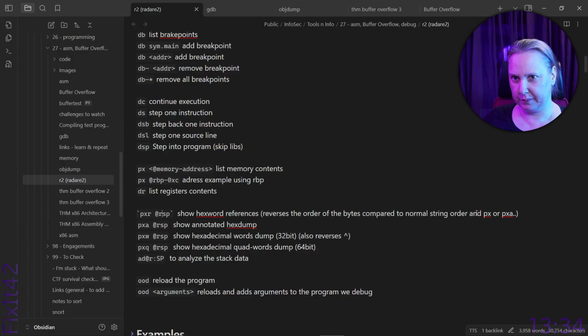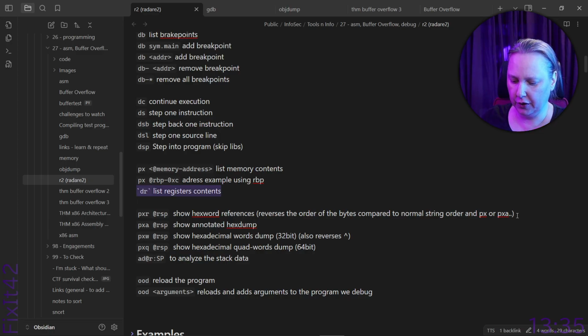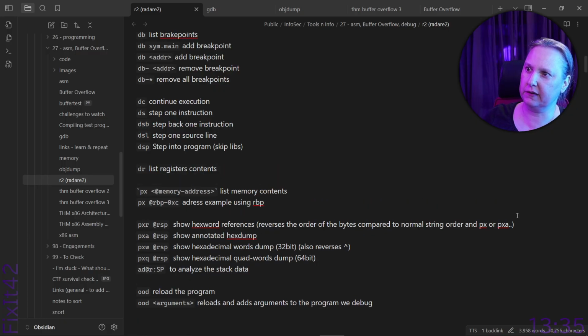So PX, PXA. Here's the PX one. Let's actually swap the order here. So this one, Control X, Control V, it's not connected.